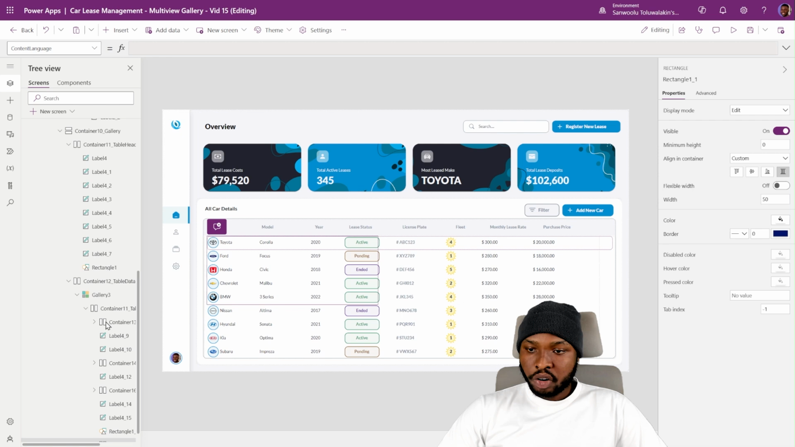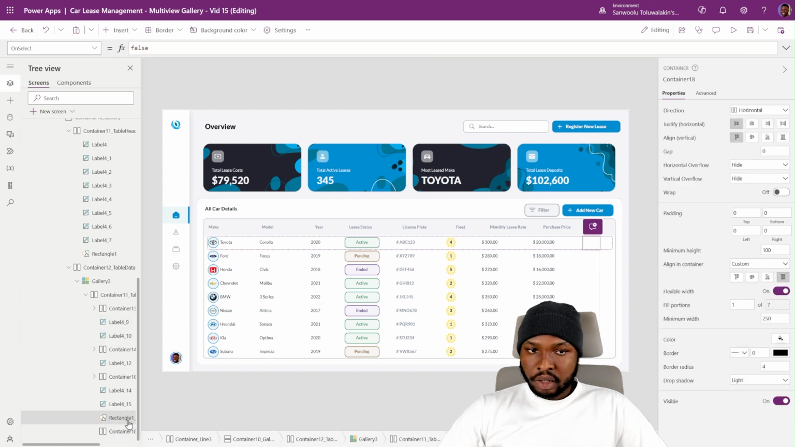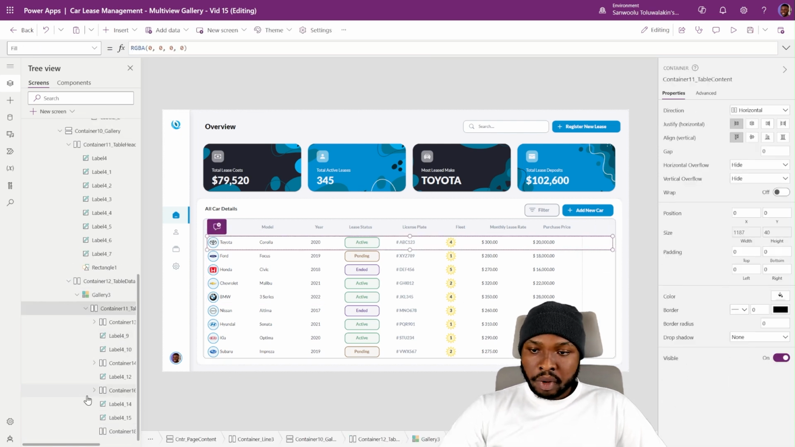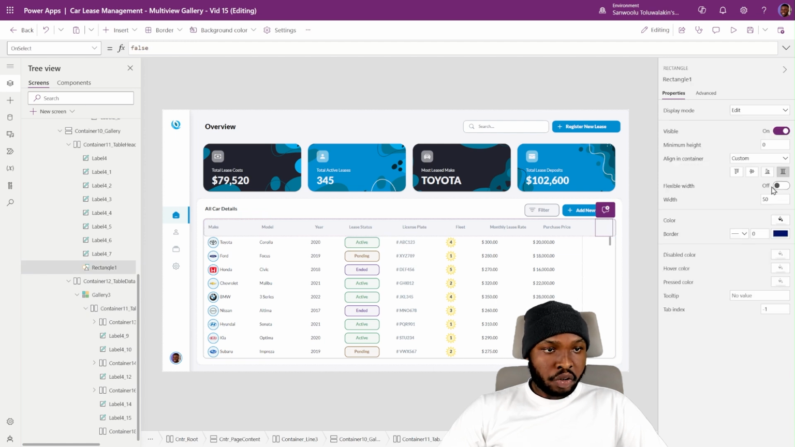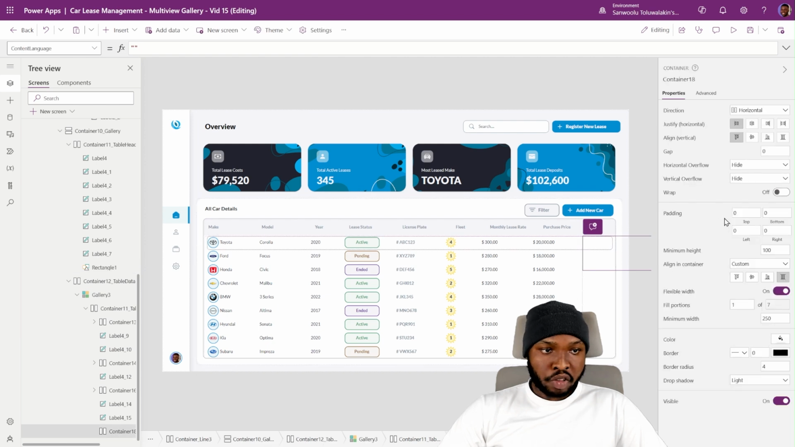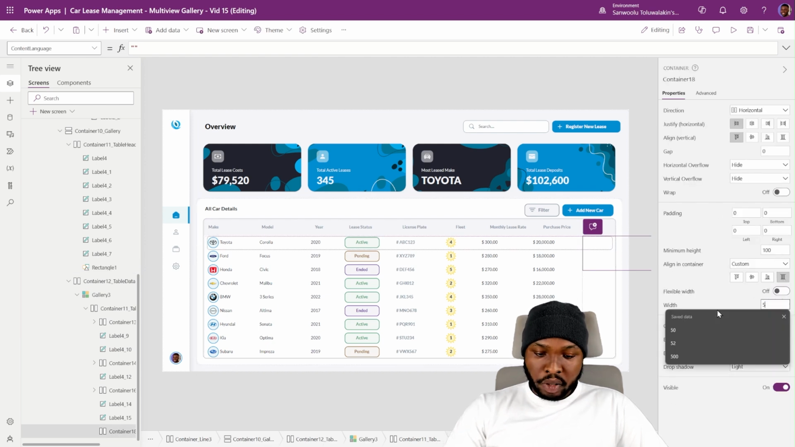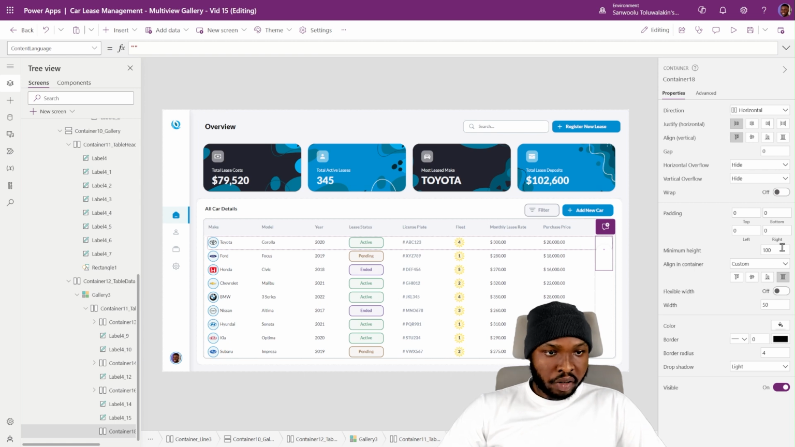So we're going to add in a horizontal container and then make it have the same configuration as its parent. So the parent is, we turned off the flexible width and we set it to 50. So we're going to have to do the same thing for this one. We turn off flexible width and set the width to 50. All right, and we set the minimum height to 0 so it fills the container. Turn off border radius, so clear border radius, and turn off drop shadow,